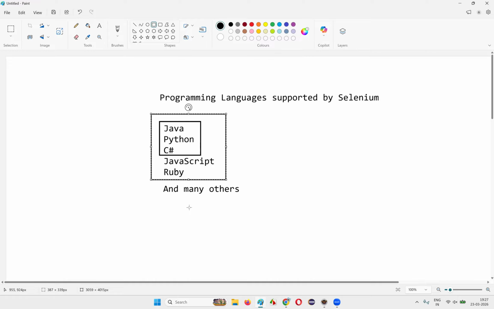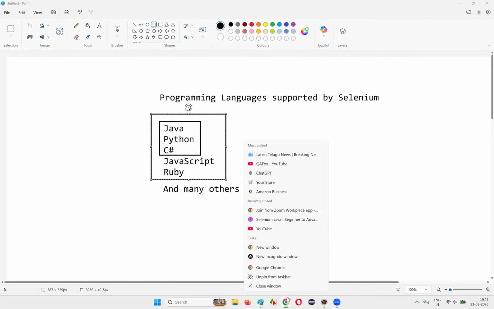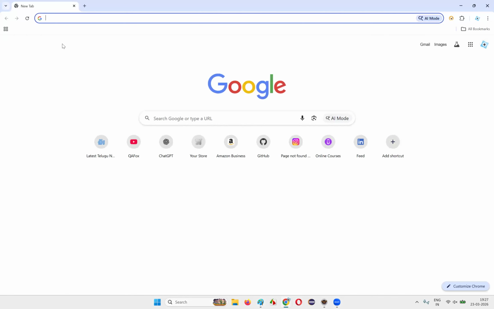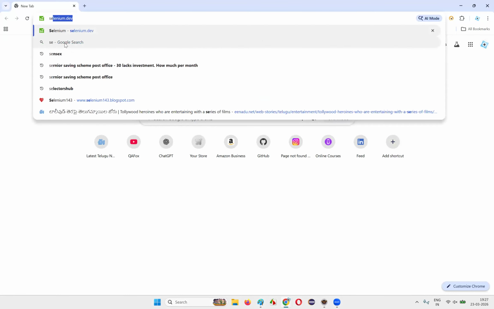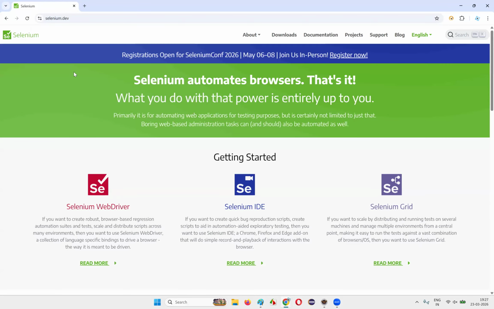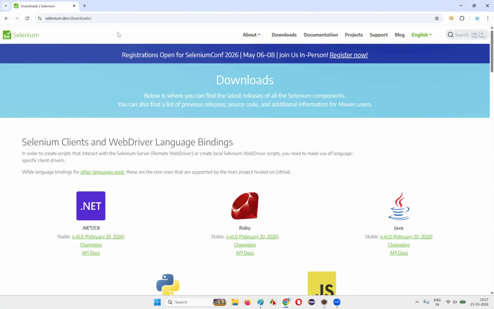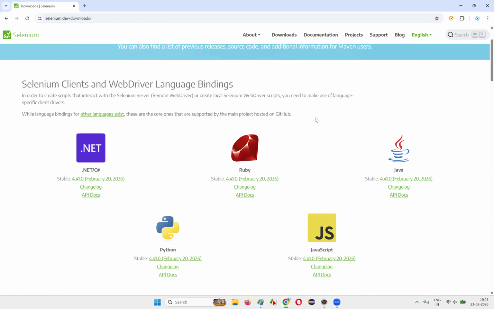How to confirm that these are the programming languages supported by the Selenium test automation tool? The best way is to go to the official website of Selenium. Let me open the browser and take you to the official website of Selenium. Once we land there, let me select downloads. Once we are on the downloads page, if you scroll down,